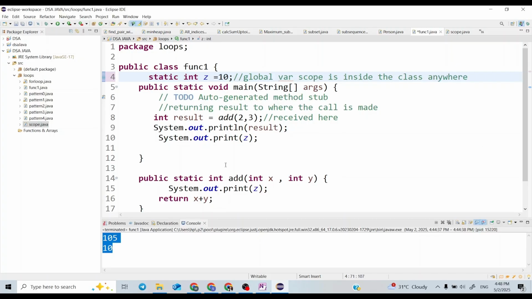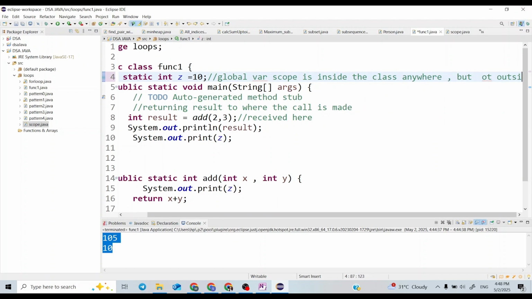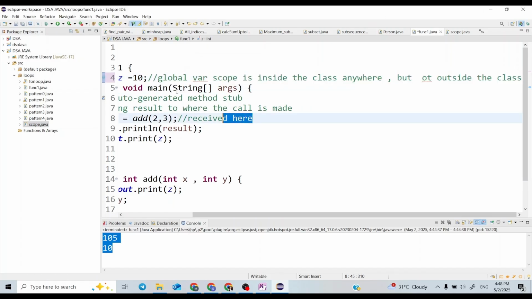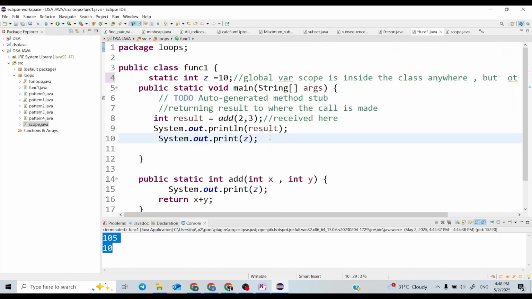And if I talk about the scope of x and y, these are the parameters. So these are accessible inside the function only, not outside it. So the scope varies according to the declarations. Okay, so this is all about local and global scope.